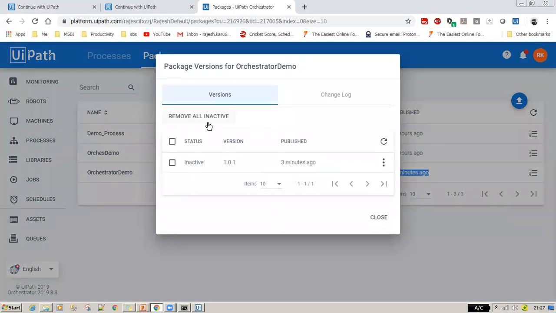See, I told you, right? Here you always have an option to make any particular version the active version. That means today you develop one version, tomorrow you update it to another version, and the day after tomorrow you feel like, hey, my first version is good. You always have an option to roll back to an earlier version. I will show you how to do that. So here you're going to find your list of package versions. As I told you, there is a 1.0.1. This is a particular version.